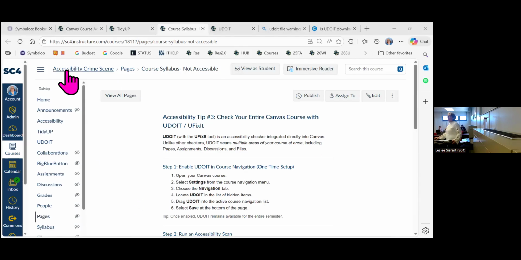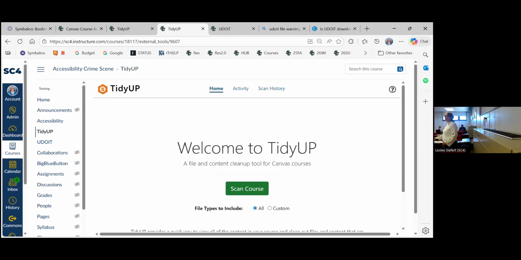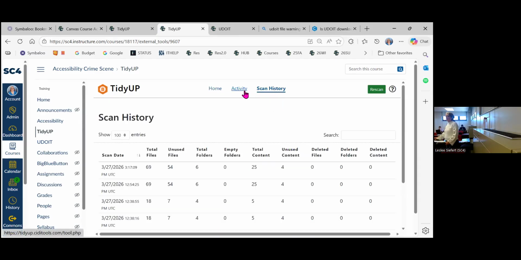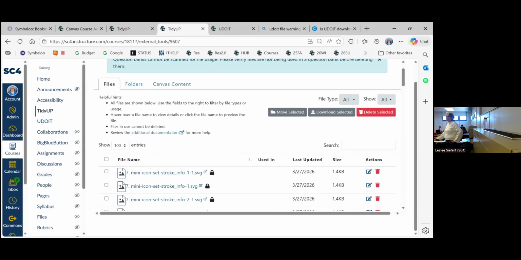I'm sorry. Go back to my tidy up result. Scan it again. Okay, my mouse stopped